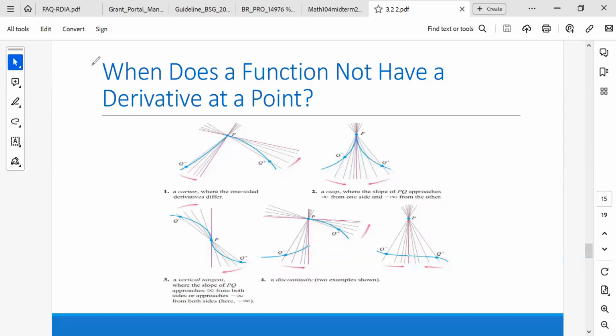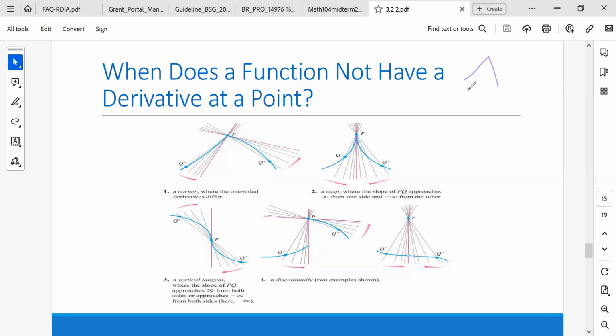Now, as I said, I want to focus more on this slide and next slides. Given the graph of a function, when can we say that this function has a derivative at a point, or it doesn't have the derivative at a point? So a function doesn't have a derivative at a point, for example, in this case, when we have a corner,